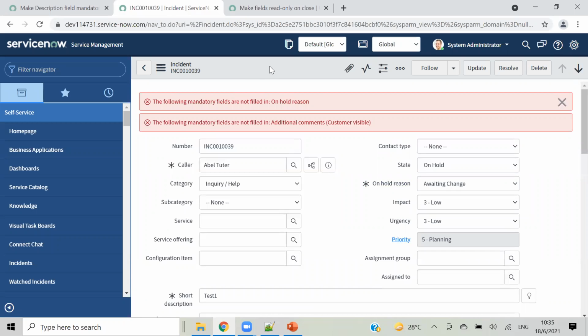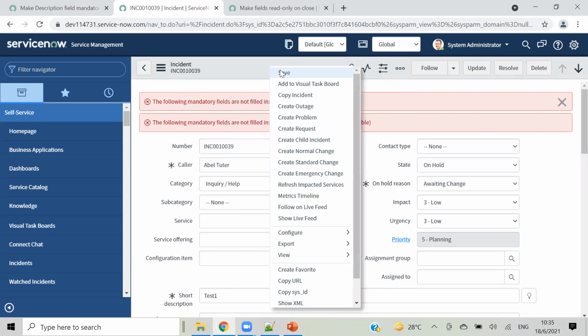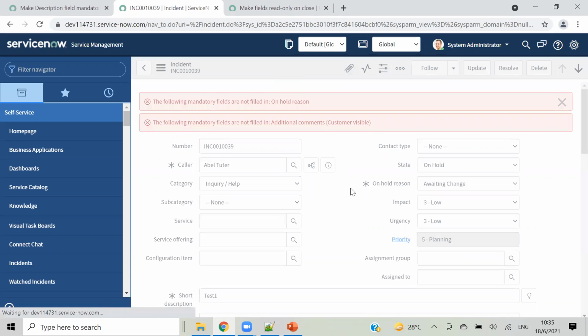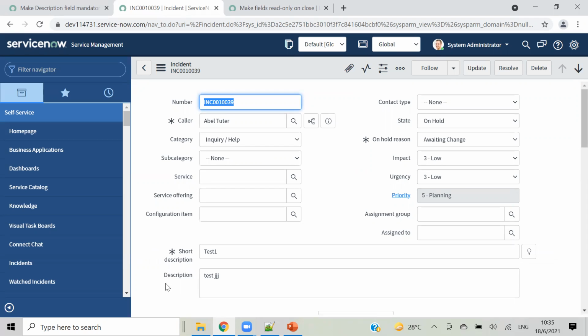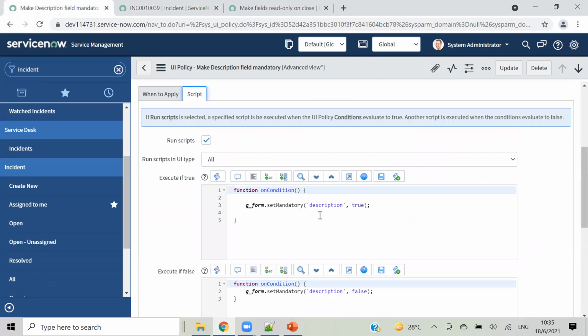Now it should accept. Okay. So now state is on hold and you can see this is not mandatory now. Okay. So in such way, you can even hide and show all those things you can do even using scripting.